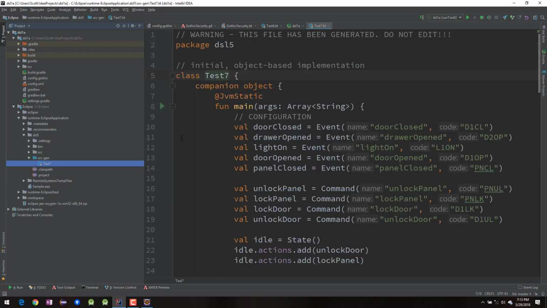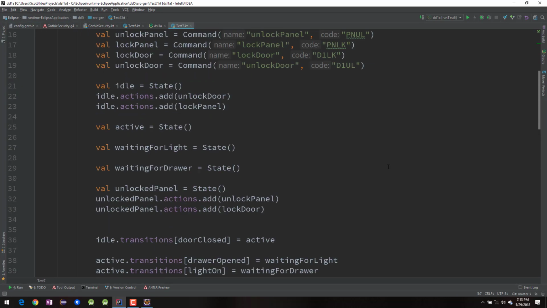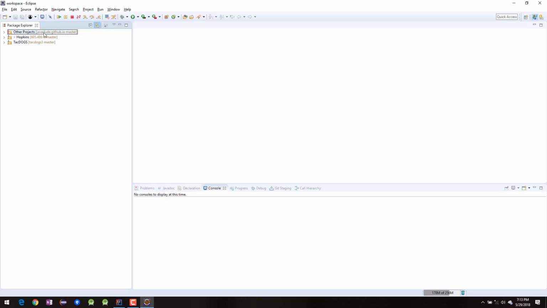Here's test 7. This code was generated. And if you look at this, it looks really similar to the very first kind of hardwired example we saw. But this is all generated. And let's see what it's generated off of. So in Eclipse,